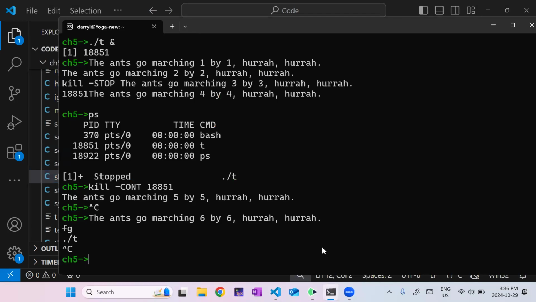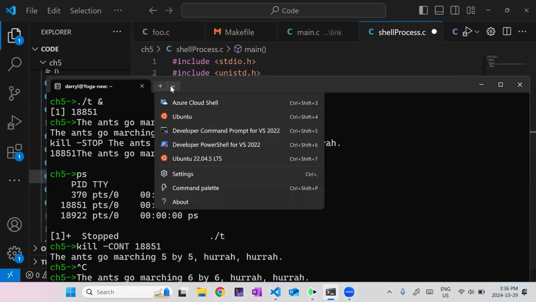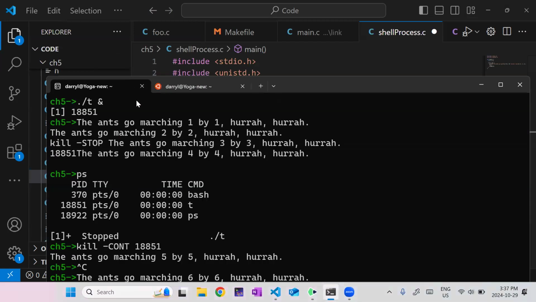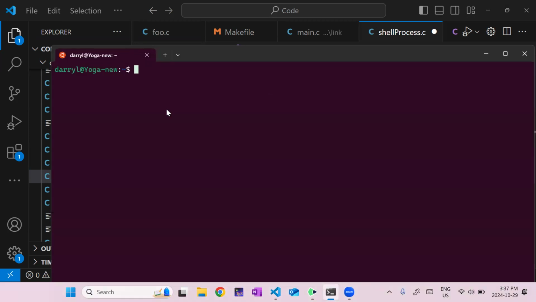Did I freeze up my shell? All right, I may need a new shell here. Not a PowerShell. Ubuntu shell. Yeah, that's weird. Okay, so I managed to crash my shell. That's great.